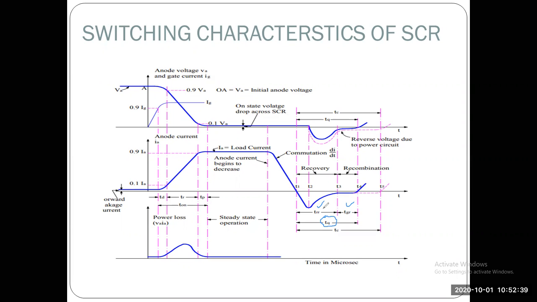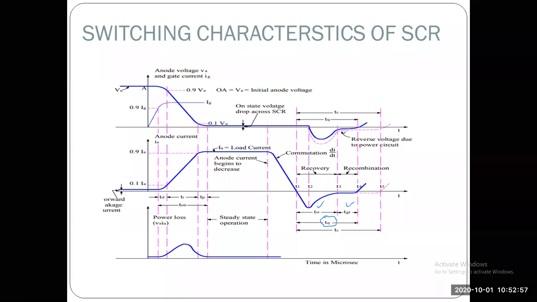So this is the thing. The entire concept lies in this graph only. During the turn-off process also we discussed based upon the graph, and similarly, we are discussing the same concept with the help of the graph only. The graph is nothing but voltage and current variation. So we will clearly discuss based upon this graph.